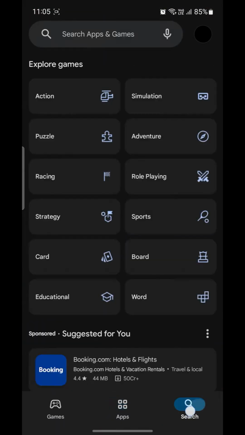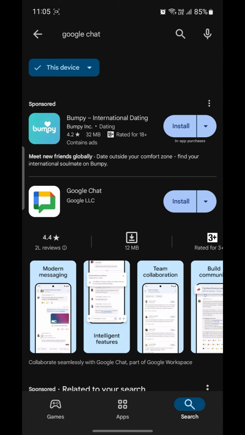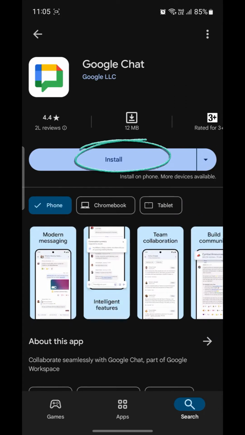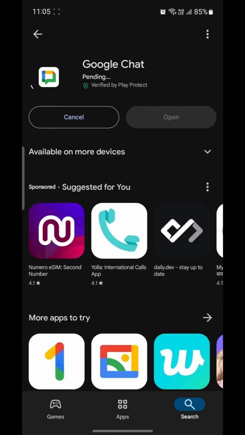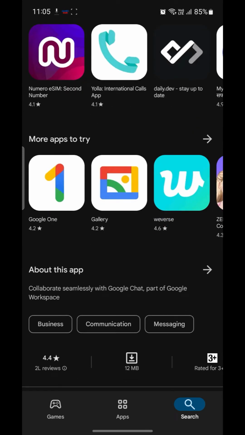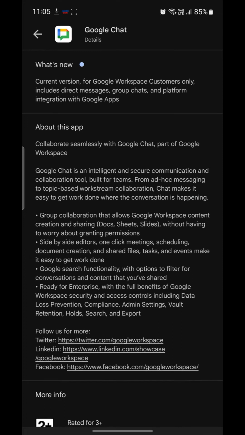Open Play Store on your phone, go to the search bar and search for Google Chat. Click on Google Chat, which you see over here, and click install, and it will be downloaded and installed in a while. If you want to know more about this app, just go ahead and tap on here, and you